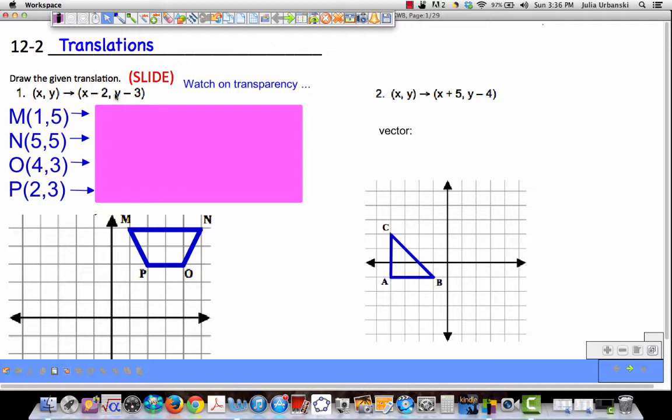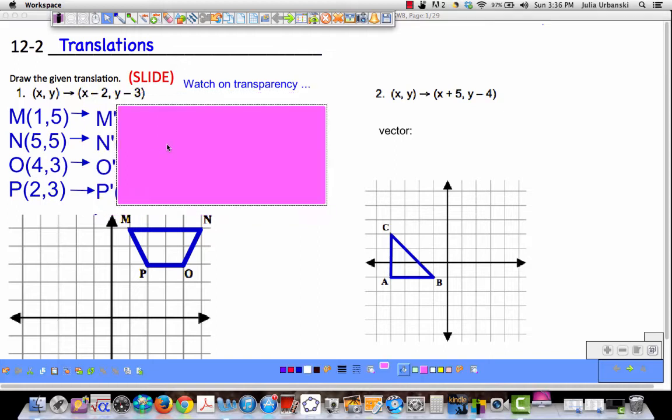So this time, following the rules, all you do is take your x and turn it into x minus 2. That means you're just plugging the x in there and you're going to get a new value. Then you take your y and you turn it into y minus 3. This is just one example of what the rule could be. So you take all of your x values, all of your y values, and you plug them in. So for instance,